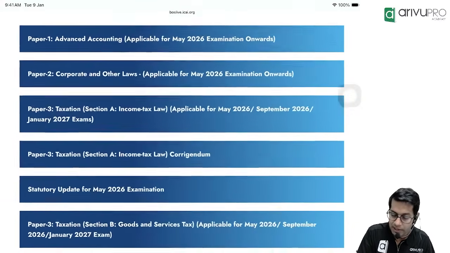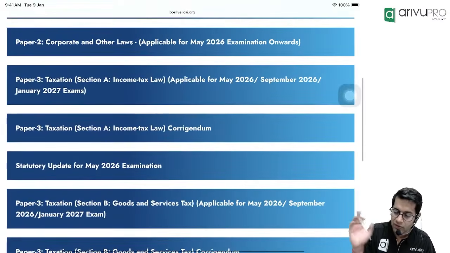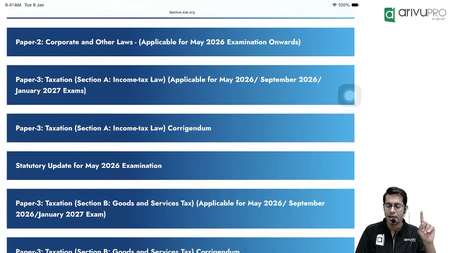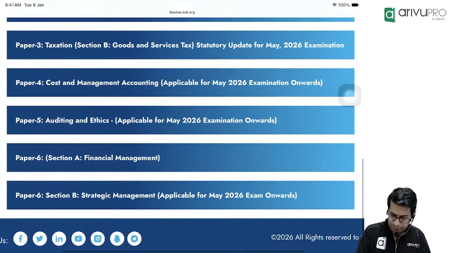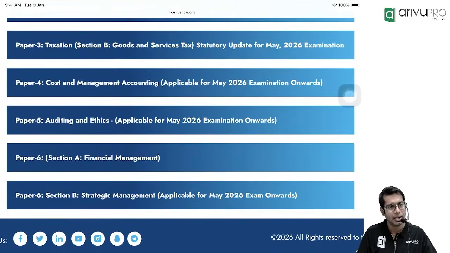As of now, if you see, the income tax material is for which examination? It is for May 26, September 26 and Jan 27 examination. Same is with respect to GST. Same is with respect to all other papers also. Are you understanding? But please note,